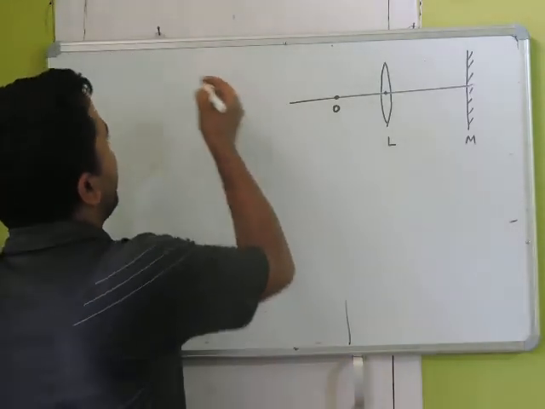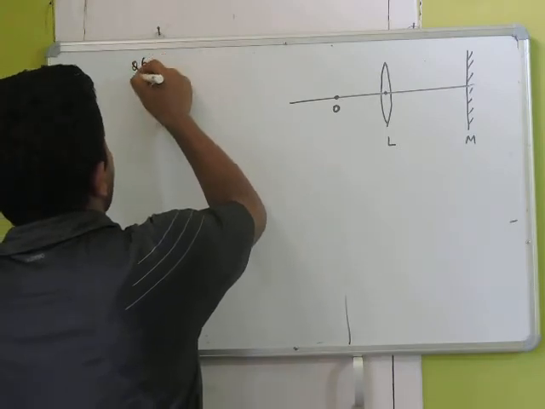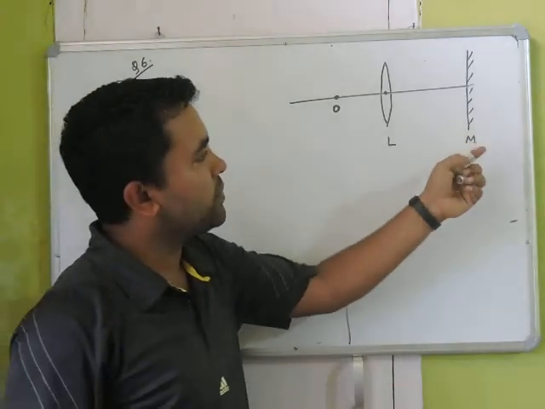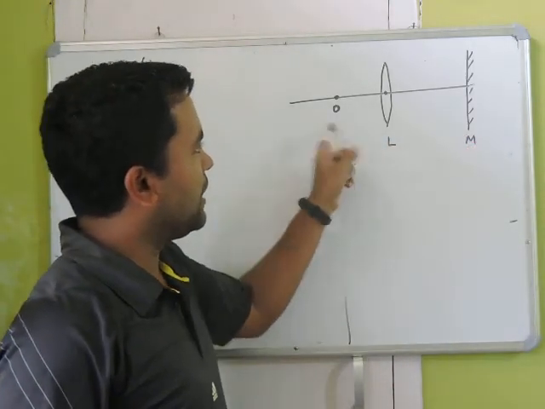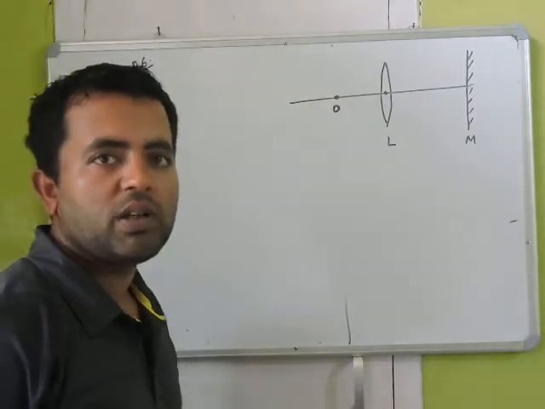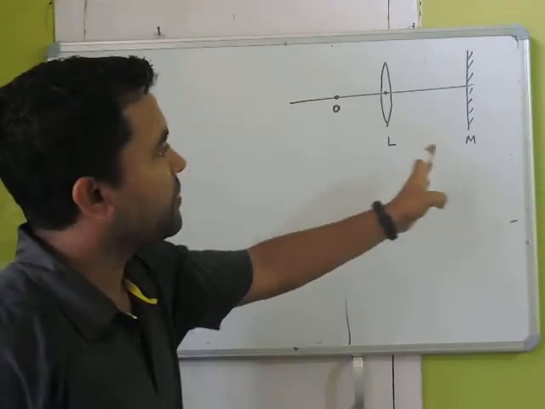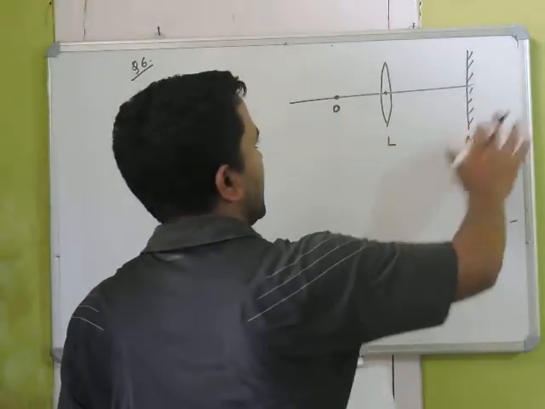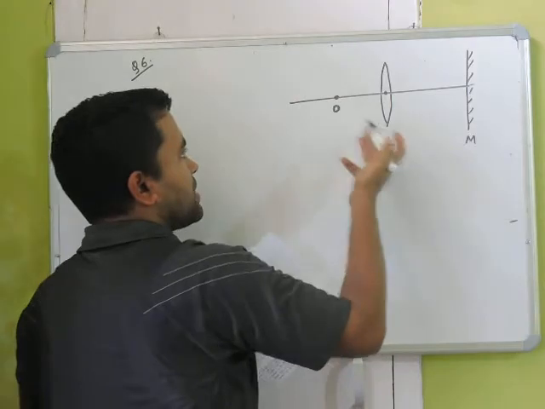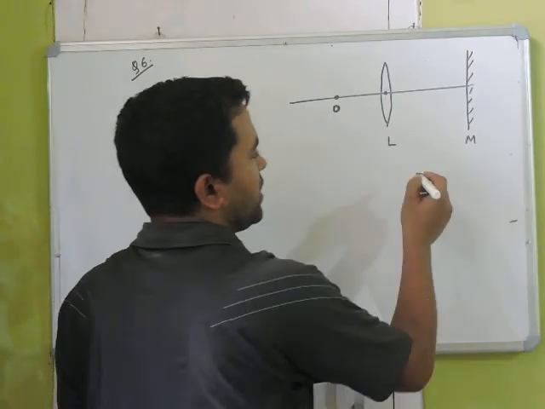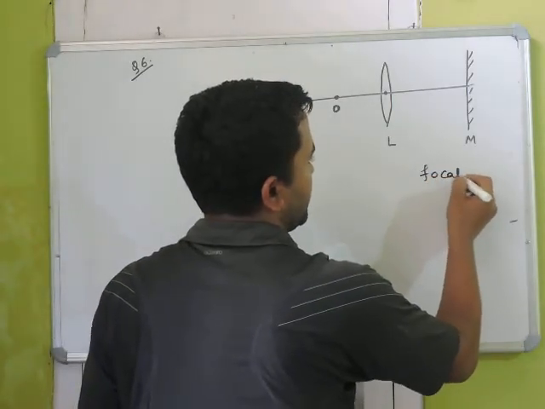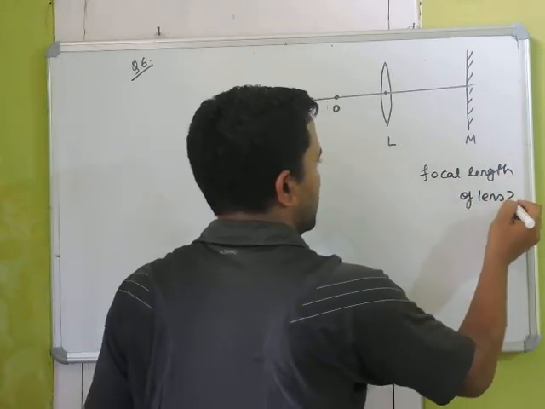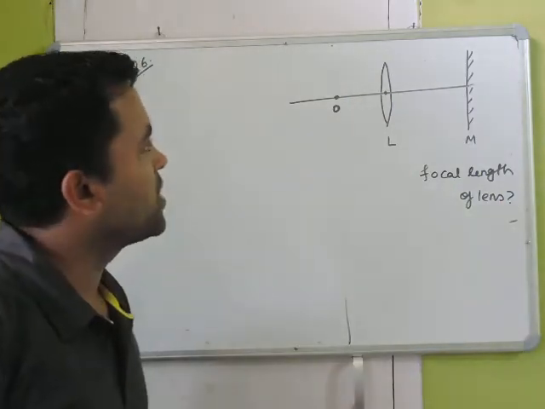In this question, which is I guess question number 6 or 5, whatever, there is a setup in which we have a plane mirror, a lens and an object. This experiment you will do in the lab. In this experiment we determine the focal length of a convex lens. So this whole arrangement of mirror, lens and object is used to find the focal length of the lens. Plenty of times they have asked this question.